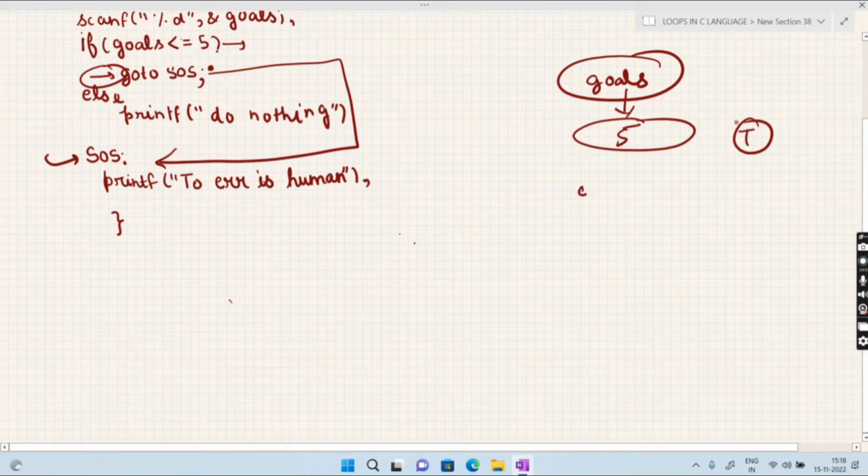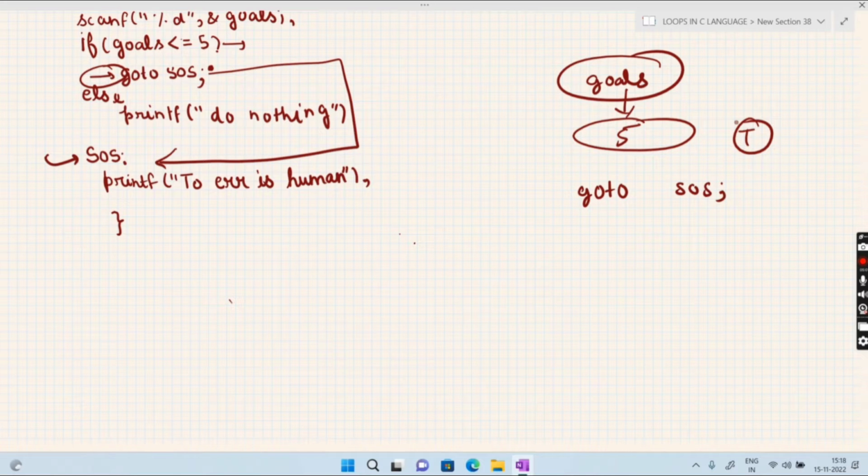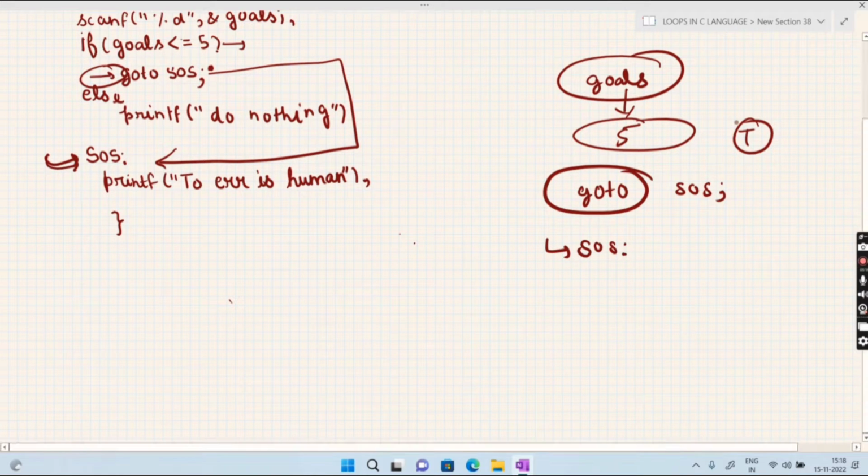What this line does, if you use goto SOS, what the goto statement does is throw the execution to SOS, where we declared it. That's the basic idea.